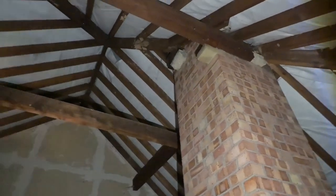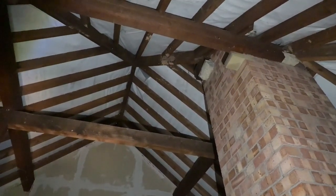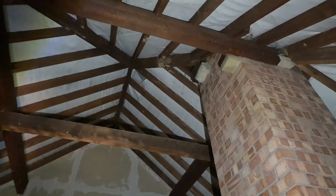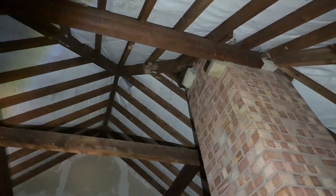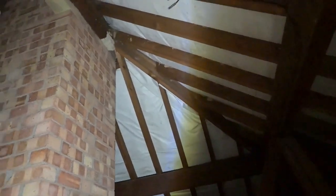Here is the roof. We have a roof ridge, and we've got rafters attached to the roof ridge, and then we've got a hip, two hip boards, front and rear, and the rafters are extending from the hips down to a fairly substantial looking wall plate, the wall plate being the timber that sits on top of the external walls. But what we don't have is any tying together by the ceiling joists, and that's because